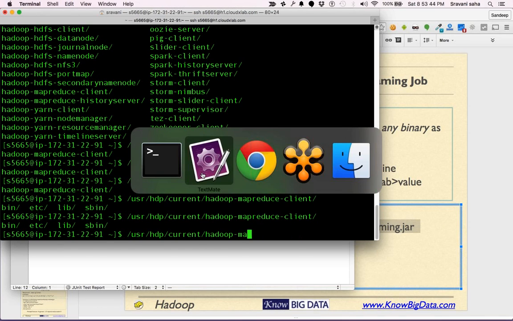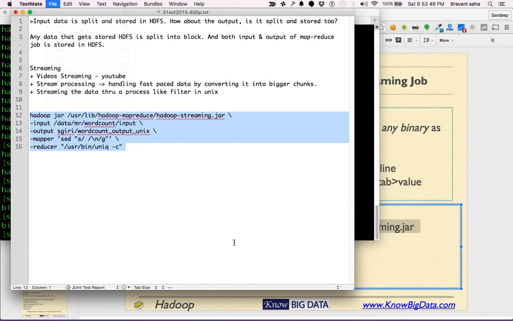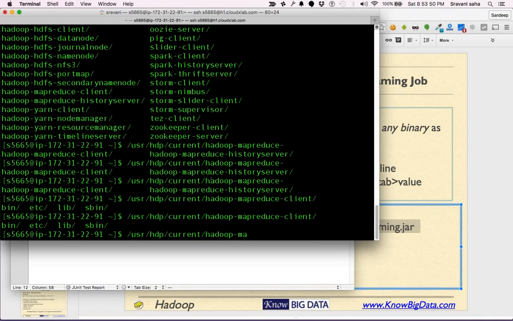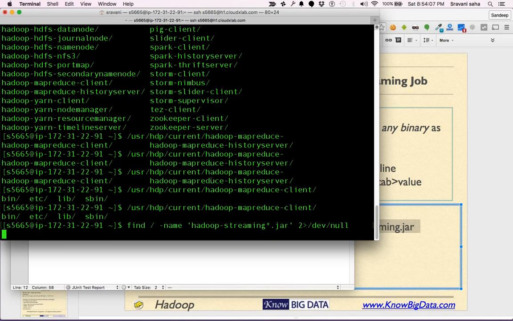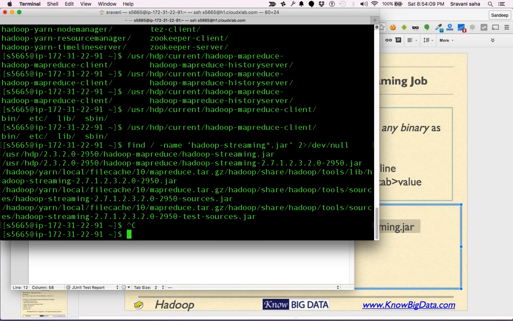What was the command which we used yesterday? If we are not able to find it, we can just use the find command. We can say find slash minus name and then Hadoop streaming asterisk, because there might be a version in it, and send all the errors to dev null. So now you can see that it has found our library here.